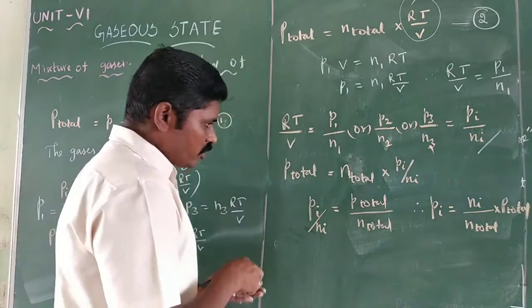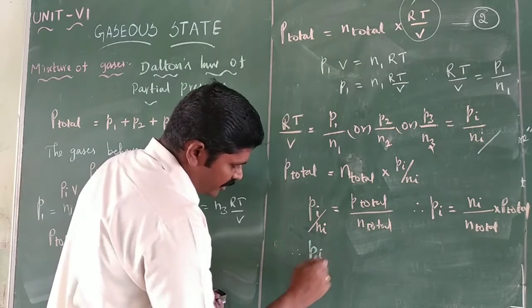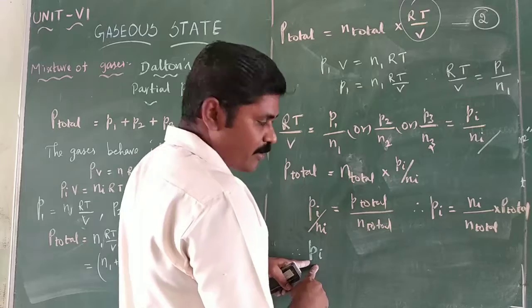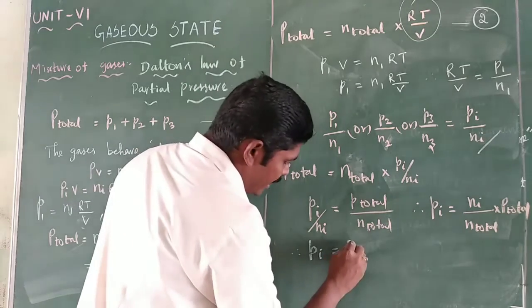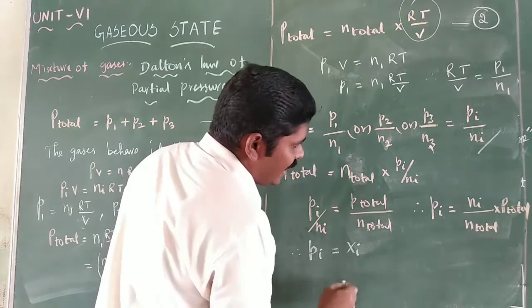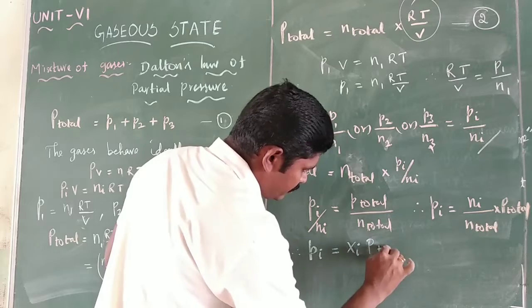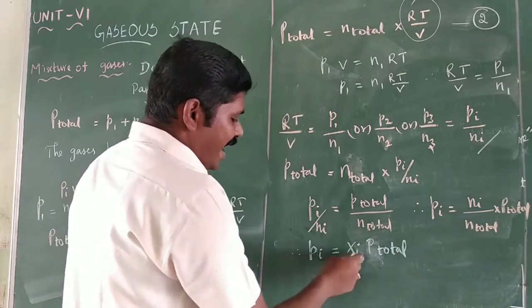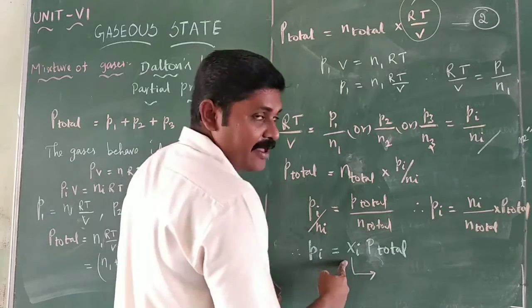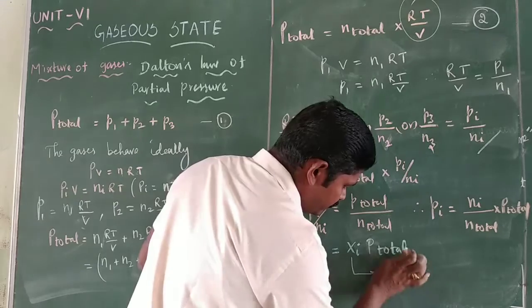So therefore the partial pressure of each component is equal to Xi into P total, where Xi is the mole fraction of